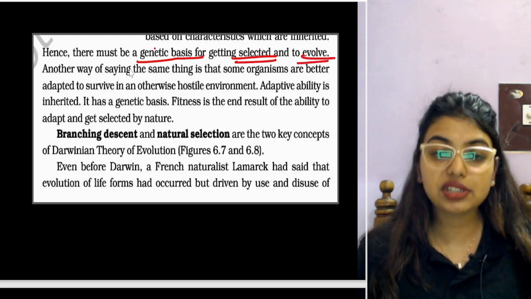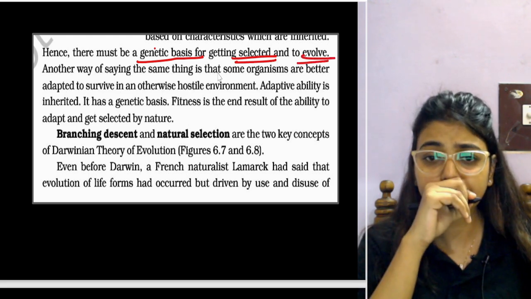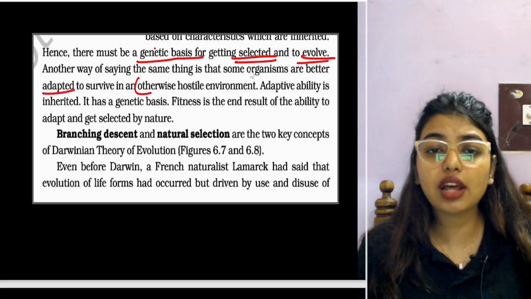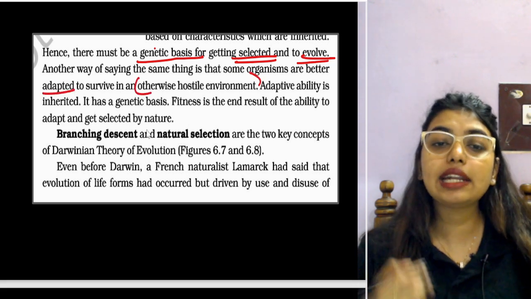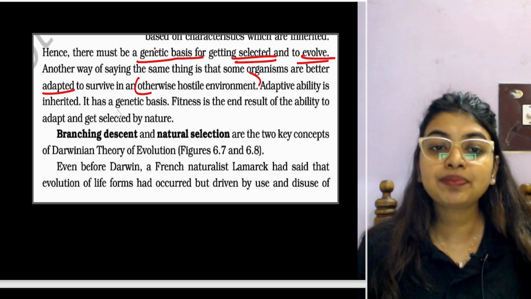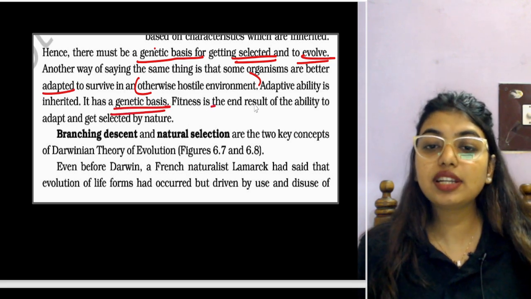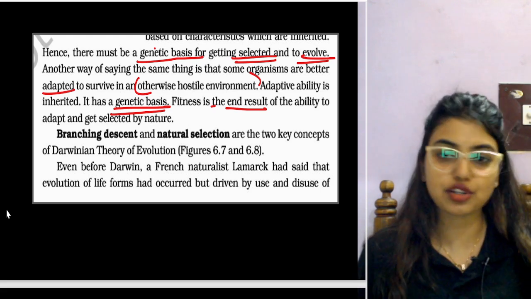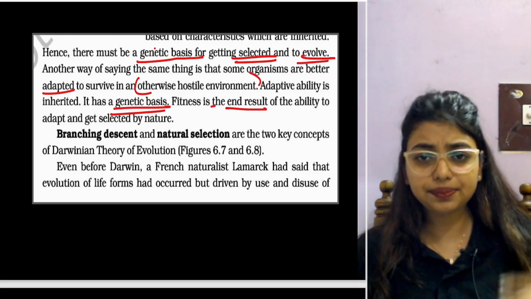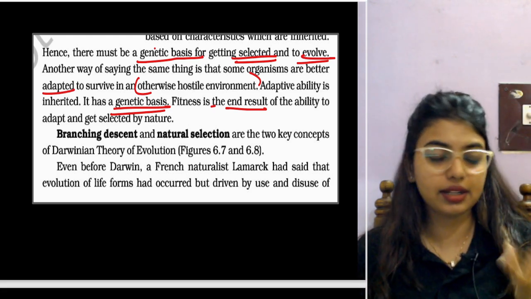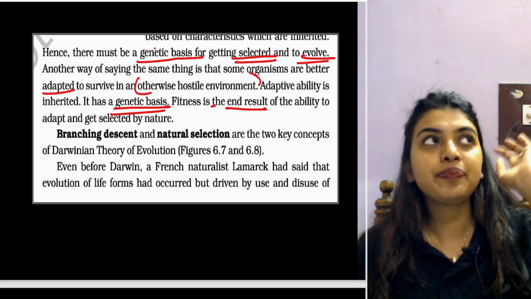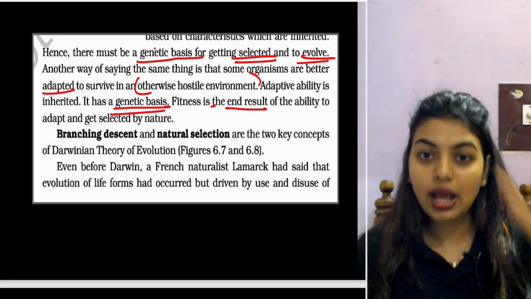Another way of saying the same thing is that some organisms are better adapted to survive in an otherwise hostile environment. Adaptive ability is inherited. It has a genetic basis. Fitness is the end result of the ability to adapt and get selected by nature. True, no, students? If a cockroach has to be selected, or let's say the offspring of the cockroach has to be selected, now for that selection to happen,